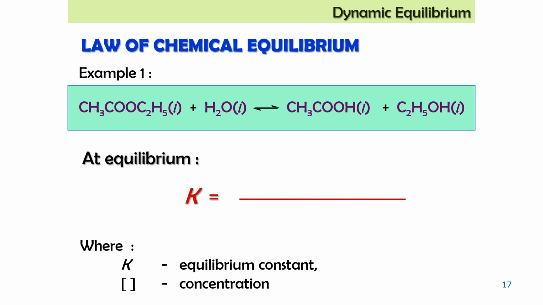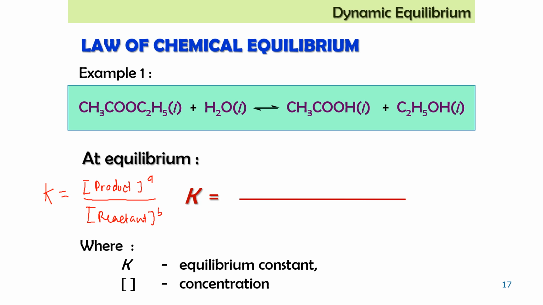Okay, so when we want to find the value of K, the equilibrium constant, K is equal to concentration of product to the power of its stoichiometric coefficient divided by the concentration of reactant and its stoichiometry. Okay, so if there are two products, write the product of the two products. And if you have two reactants, then the product of the two reactants. If you have 3, then 3. If there is only one,